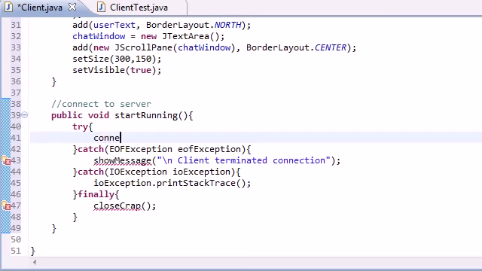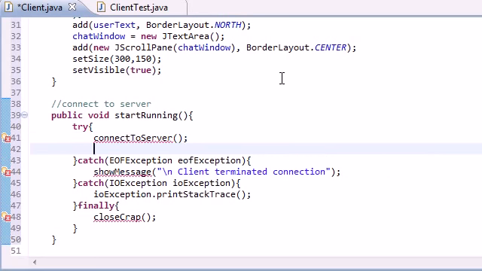The first one is connect to server, and I think that whenever I was making the server program, it was just like wait for connections. But since we don't want to wait for any connection, the client is responsible for connecting to the server, not vice versa. So this one's going to be connect to server, and it's going to connect to one specific server. And of course, that's why we needed the IP address, so we know which server we want to connect to. And after this, once you're connected, then just go ahead and set up streams,